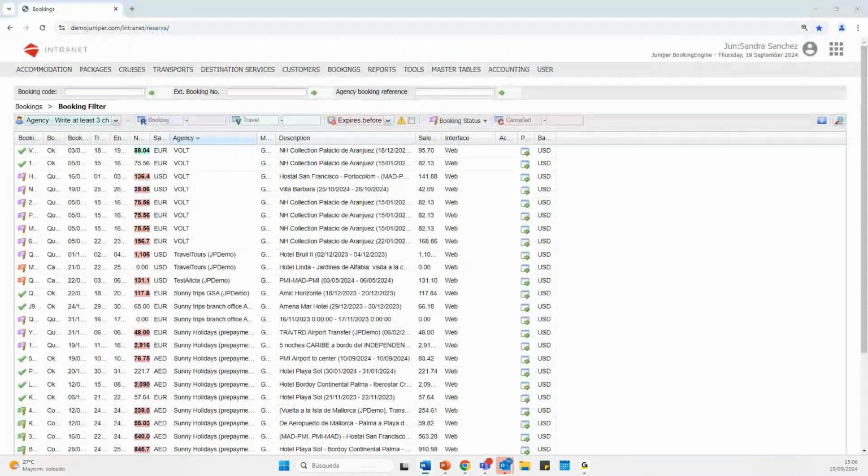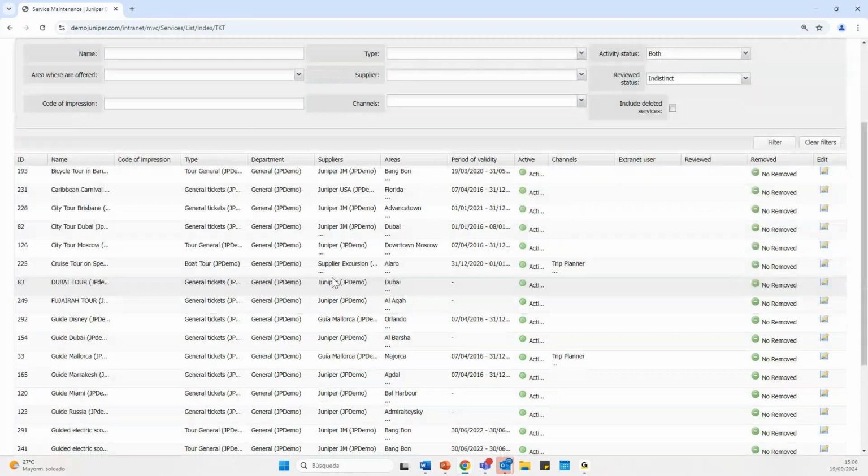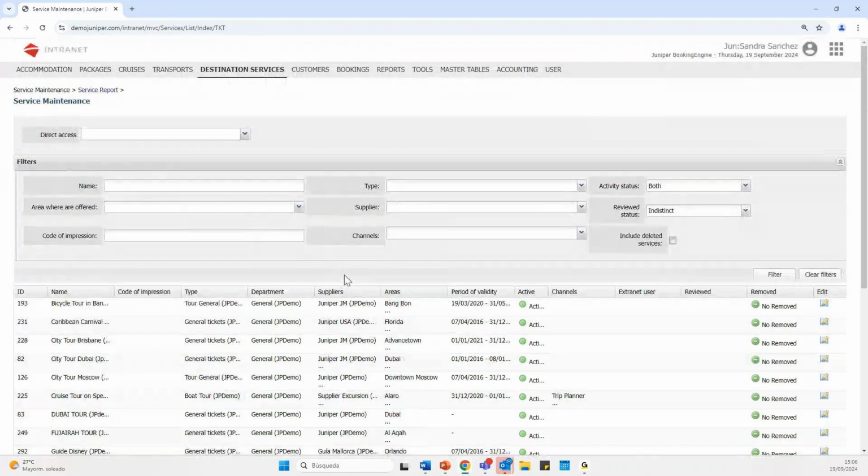So we're going to access the demo environment of our intranet and go to the section Destination Services. And here we can see all the services that have already been created in this demo environment. We can filter by type, by supplier, by the status, if it's active or inactive, the distribution channel associated to this service,